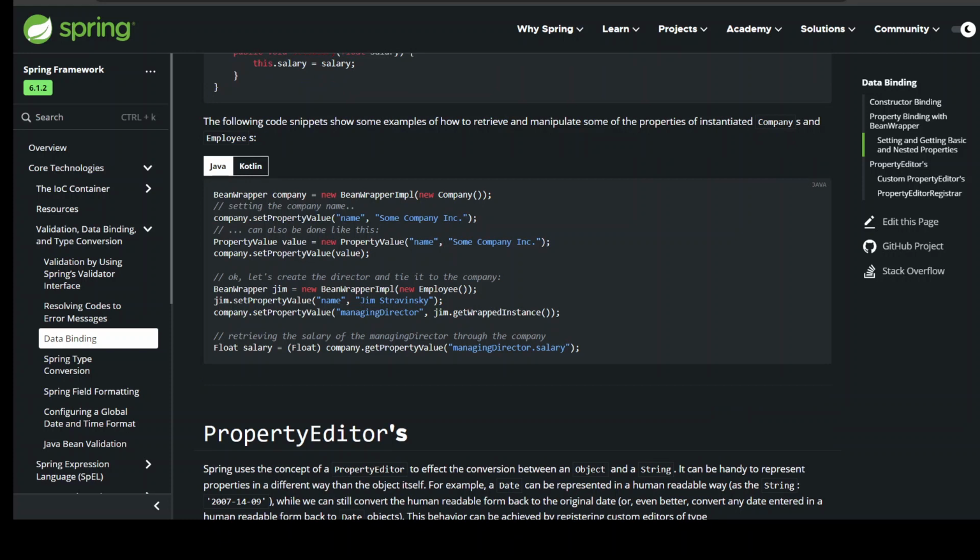BeanWrapper company = new BeanWrapperImpl(new Company()); // setting the company name.. company.setPropertyValue("name", "Some Company Inc."); // ... can also be done like this: PropertyValue value = new PropertyValue("name", "Some Company Inc."); company.setPropertyValue(value); // ok, let's create the director and tie it to the company: BeanWrapper jim = new BeanWrapperImpl(new Employee()); jim.setPropertyValue("name", "Jim Stravinsky"); company.setPropertyValue("managingDirector", jim.getWrappedInstance()); // retrieving the salary of the managingDirector through the company Float salary = (Float) company.getPropertyValue("managingDirector.salary");